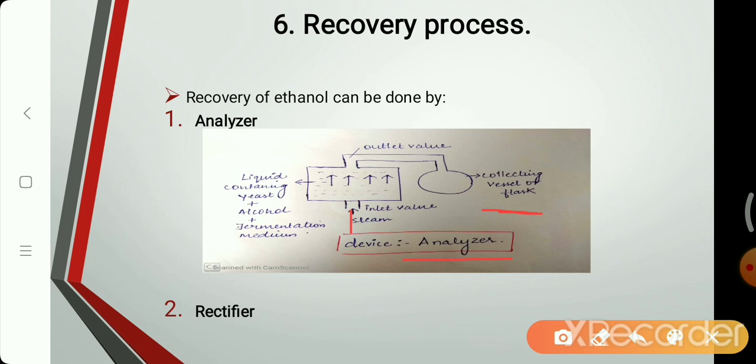Now I would like to summarize the entire steps in a short way. First of all, we have selected our yeast cells for the ethanol fermentation. Second step, we have taken the raw material, we have selected the raw material. Third step is preparation of the raw material. We required some